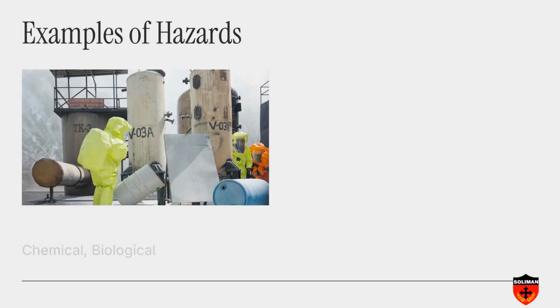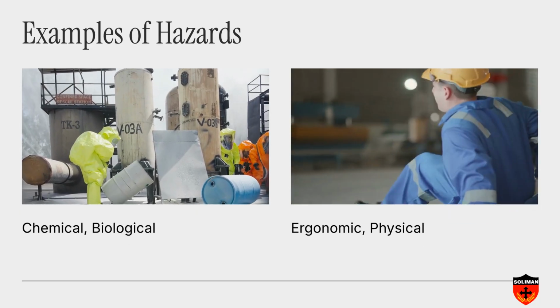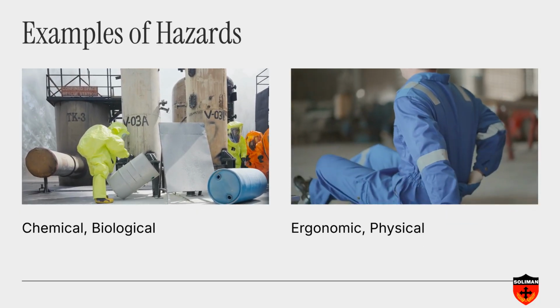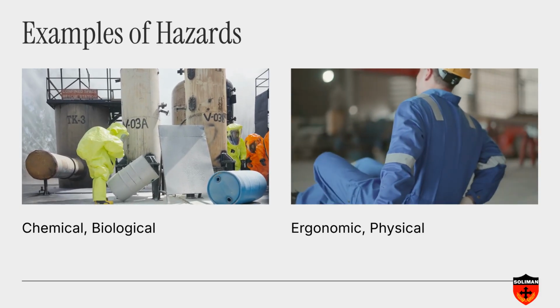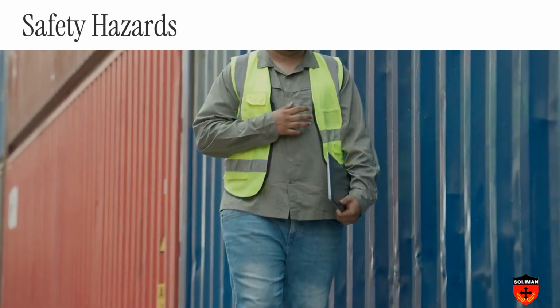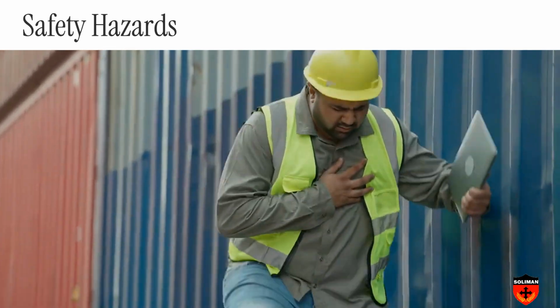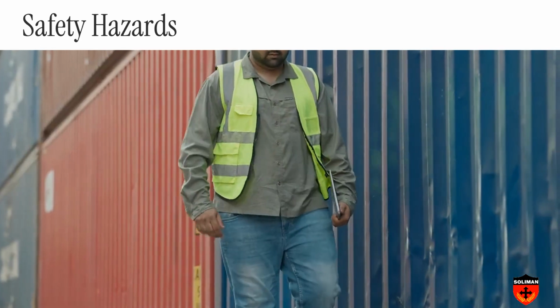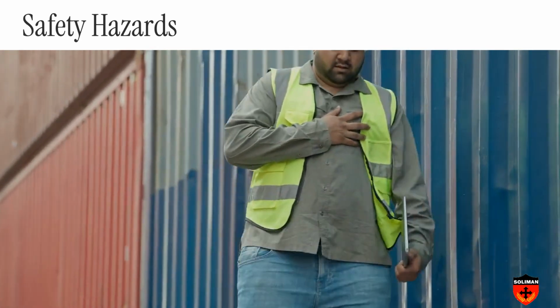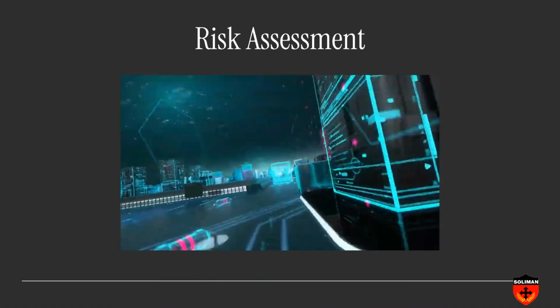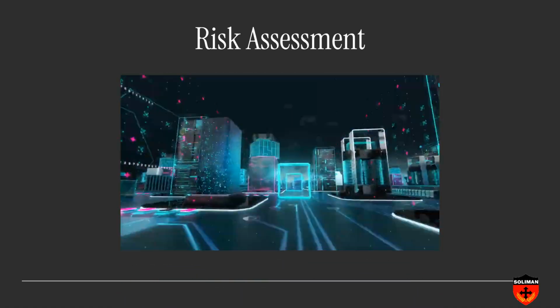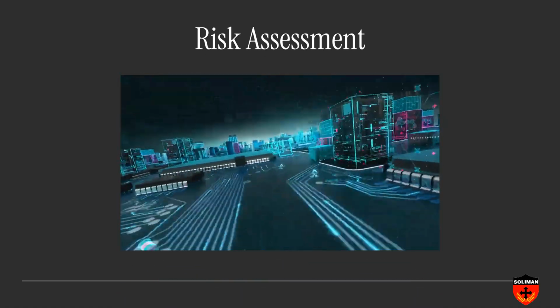Health hazards include biological agents like bacteria and viruses, chemical exposures, physical factors such as noise and radiation, and ergonomic issues like repetitive movement or job stress. Safety hazards are associated with instantaneous events or incidents that adversely affect the work process, typically due to unsafe acts or unsafe conditions. Once hazards are identified, the next step is risk assessment, which involves evaluating the potential severity and